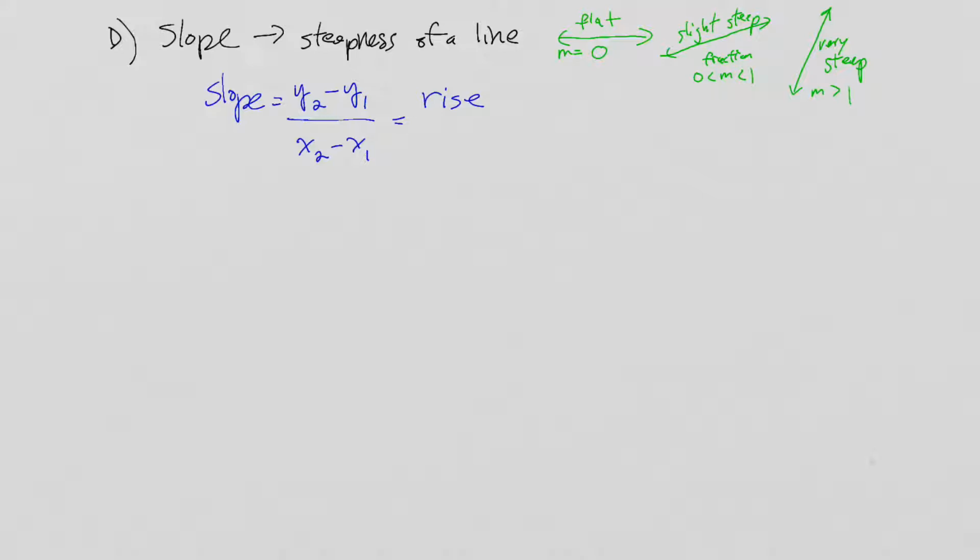If it rises a lot versus how much we run, it's going to be very steep. Okay. And then the bottom, we're finding the difference between the two x's, the two x coordinates, and that's going to be our run. If it runs a lot more than it rises, then it's going to see it's very, very slight steepness. Okay, so